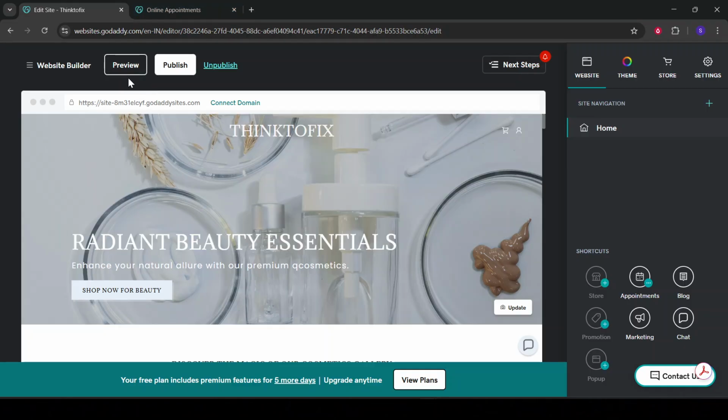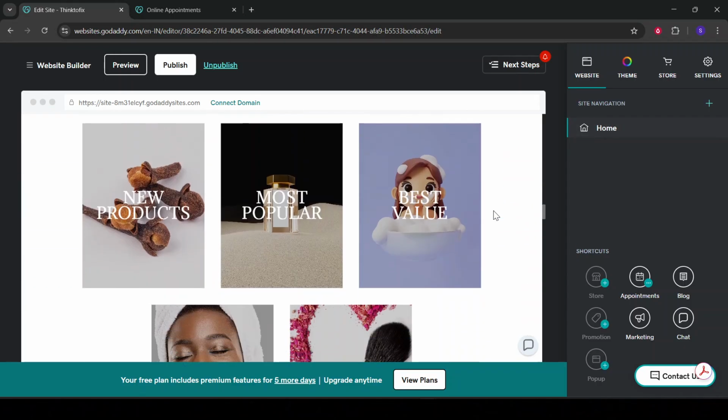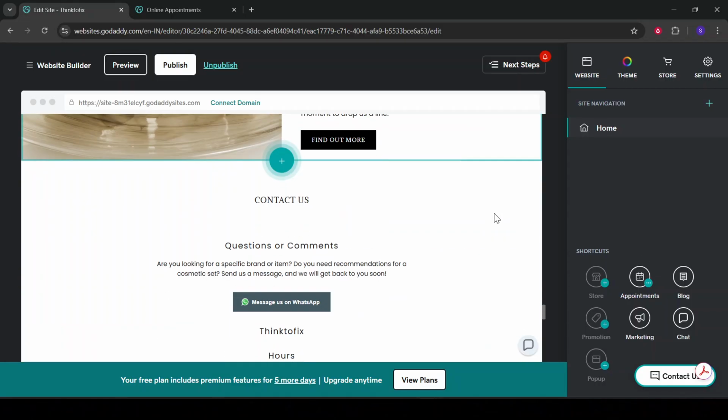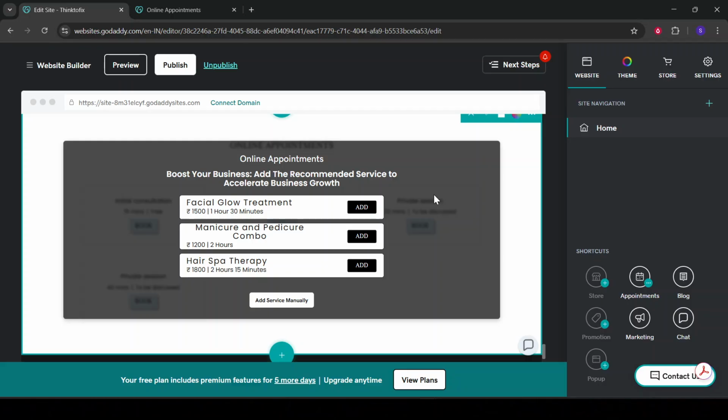And there you have it. Your Godaddy website is now primed for accepting appointments. This feature not only streamlines your bookings but also enhances customer satisfaction by providing a seamless and